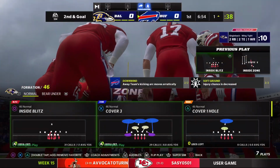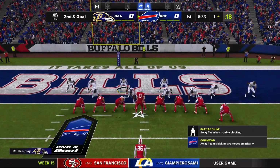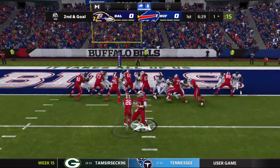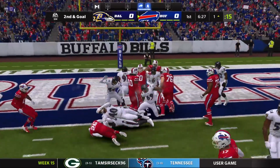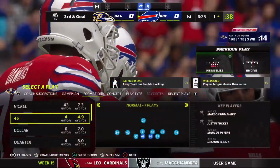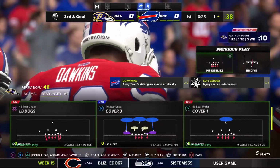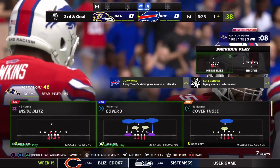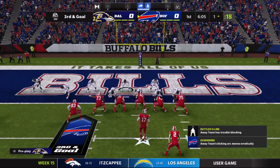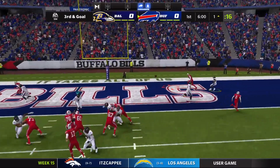Good first step there defensively, but they're still knocking on the doorstep, so maybe another run here? I think so. And one of my favorite coaches used to say, son, if you could darn near lay down near the end zone and get in, give me my best power running play with my best back right now. It'll go as no gain on the play, and now they're looking at a third and goal. Driven it down the field nicely here on the opening drive, but now it's put up or shut up. No doubt about it, because to make that type of a drive and ultimately kick a field goal would feel...